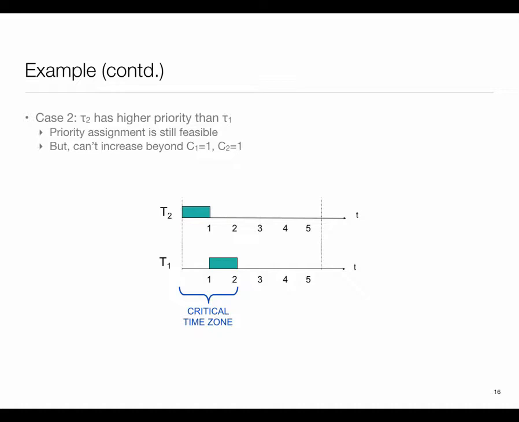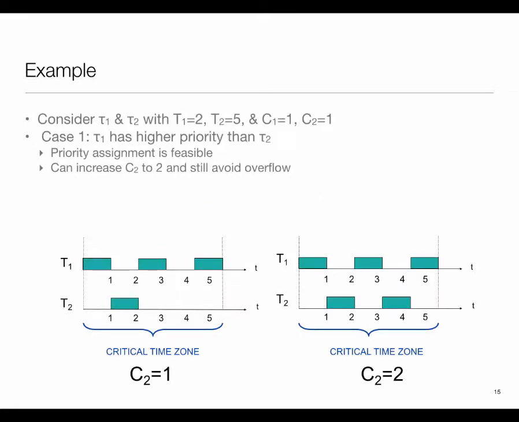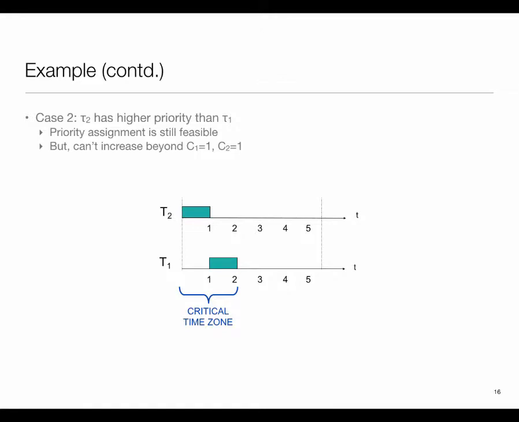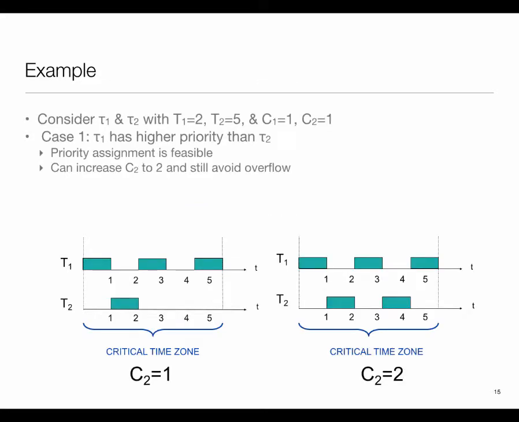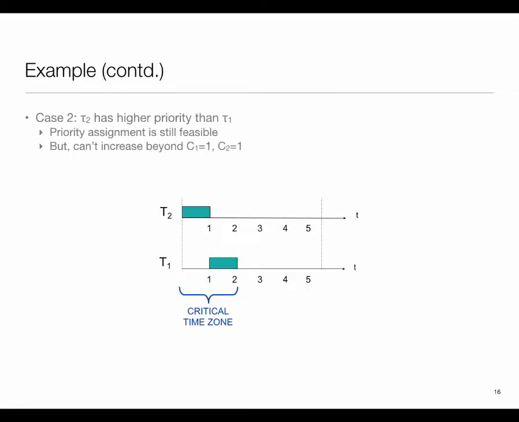Now in this system, can I slow the processor down for either of the tasks? No, because if I slow the processor down for task 2 or make task 2 even a teeny bit longer, task 1 will miss its deadline. So you could see same processor, same CPU utilization, but different scheduling strategies resulting in slack in one case and no slack in the other. So here I can potentially save some energy while I'm running task 2, by running it slower whenever I'm running task 2. Here I have no possibility of doing that.